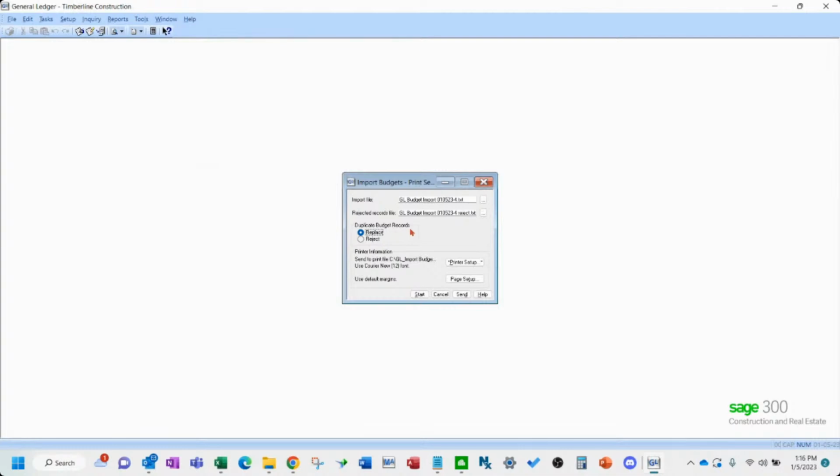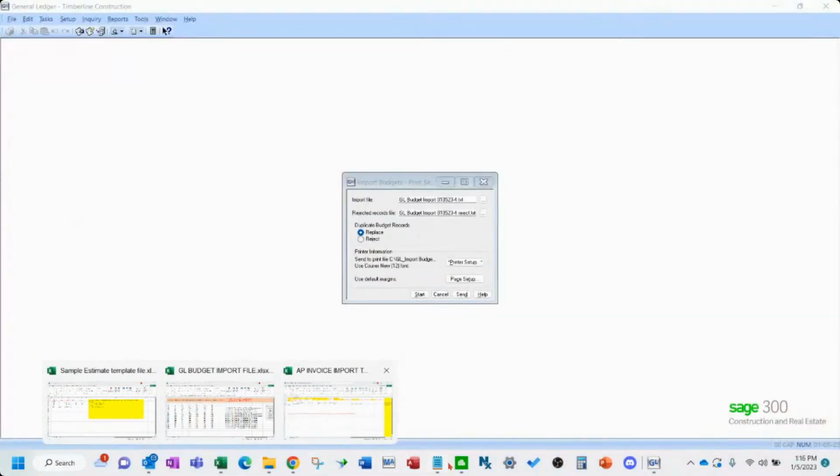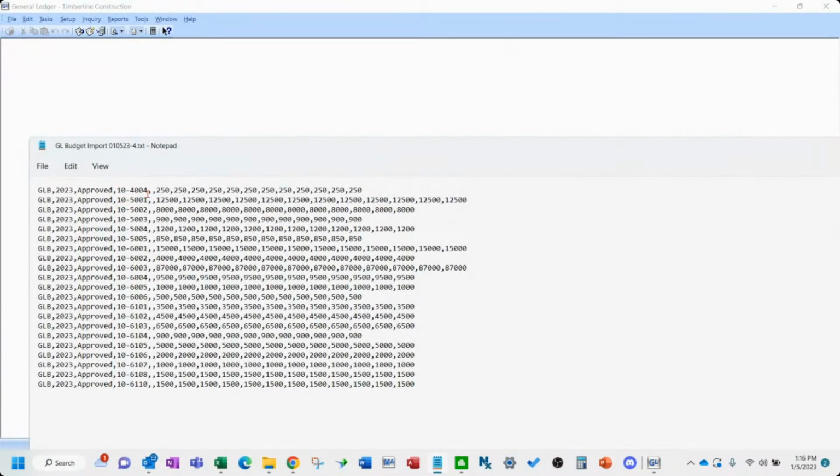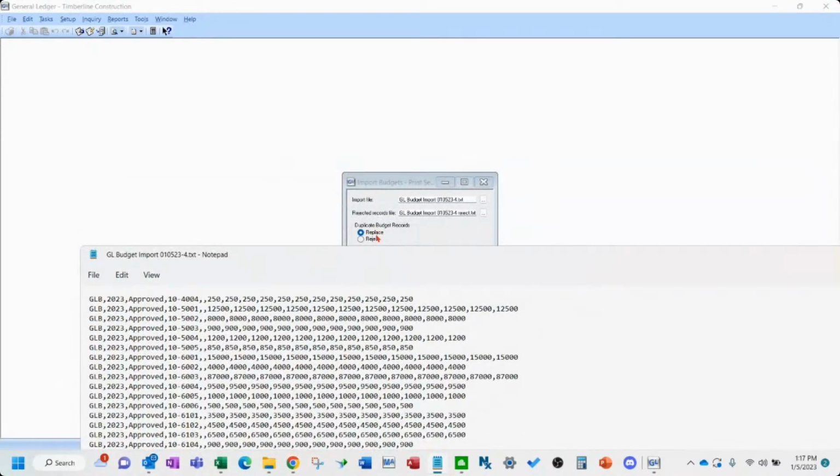Okay, so this option here, I have duplicate amounts that will come into play. If you look at the text file, I already had these amounts in the screen that was just up, where you enter in the manual amounts. So I can choose to replace the amounts in the system with this file, or I can reject the lines so they don't come in.